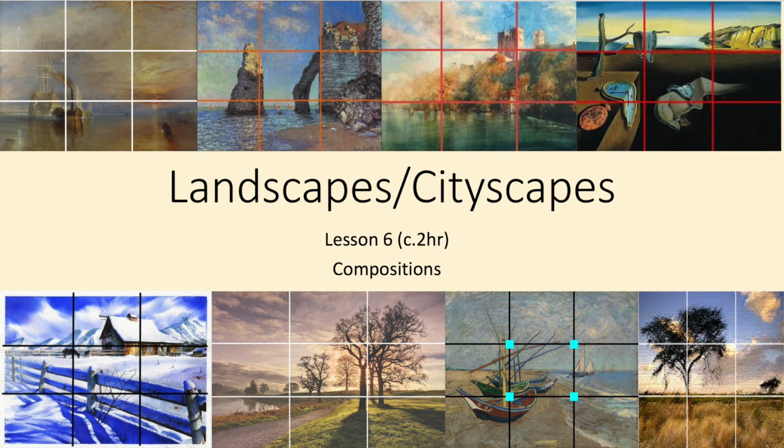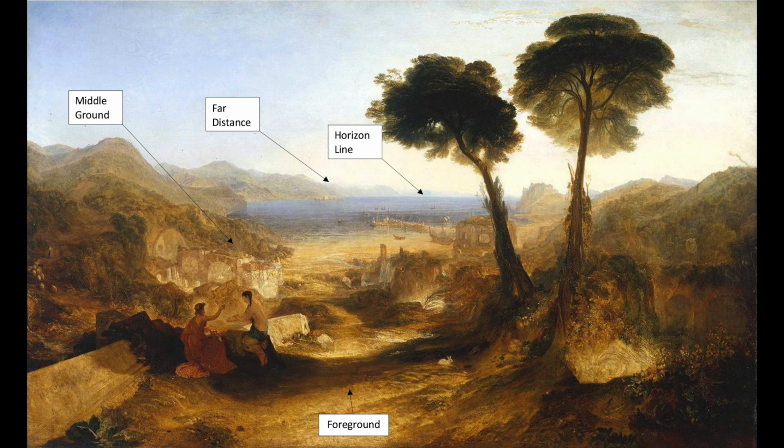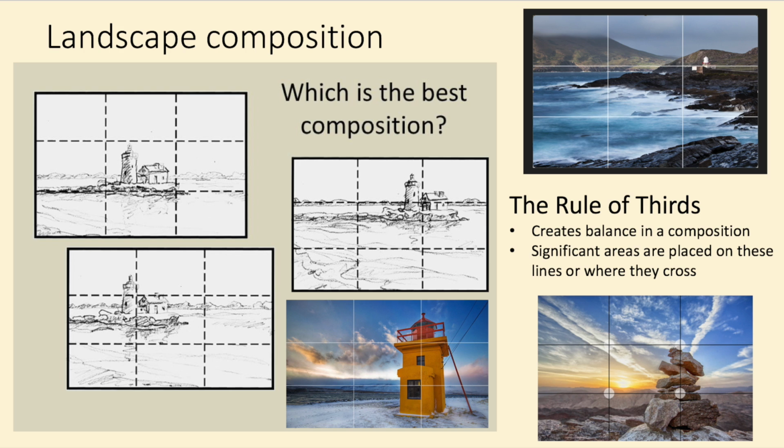Landscape lesson 6 is about composition. Composition is very important when you come to draw a landscape. You need to really consider where you place your horizon, your far distance, your middle ground, and your foreground. There is a type of composition that's called the rule of thirds, which is a way of creating balance and